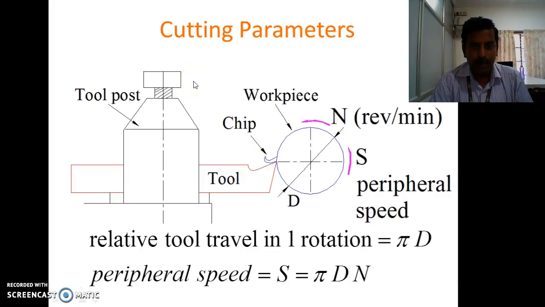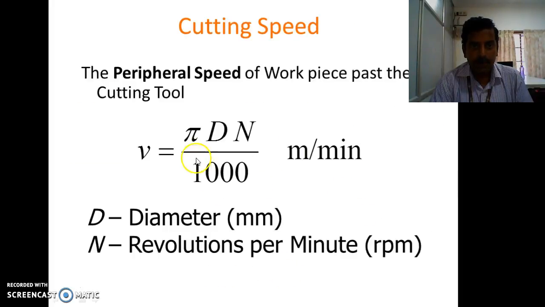And the cutting parameters are explained in this illustration, where you could see n, the speed of rotation of the workpiece, and the relative tool travel, which is the feed, for one rotation is pi into d, and the peripheral speed S is pi dn. And the cutting speed V, which is the peripheral speed of the workpiece past the cutting tool, V is equal to pi dn by 1000, where capital D is the diameter of the workpiece,